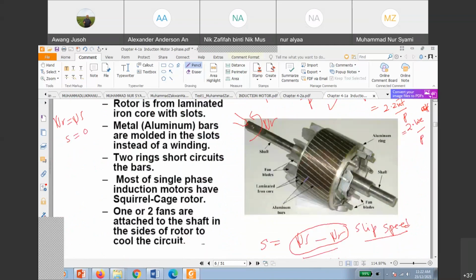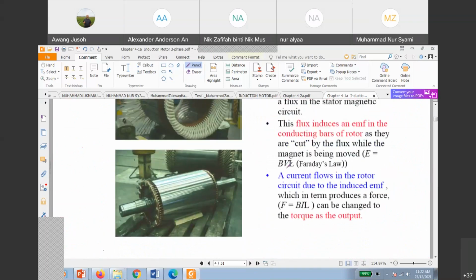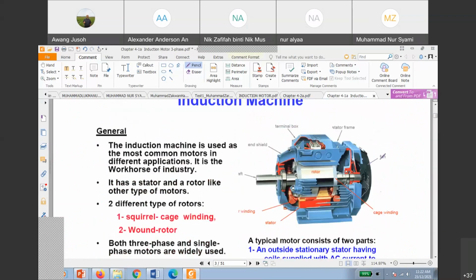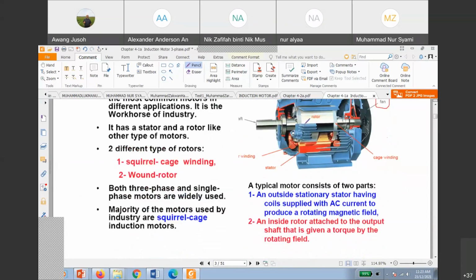I think they are very strong. We use a fan there for cooling. You can see the fan there. Normally an induction motor has a fan. This fan will blow air inside the machine, so the machine becomes cooler. Without the fan, it is very hot and it will degrade the performance of the machine. That's why we need a fan here to cool down the winding, or the current that flows in the winding, and to shift out the heat generated so your machine stays cool.